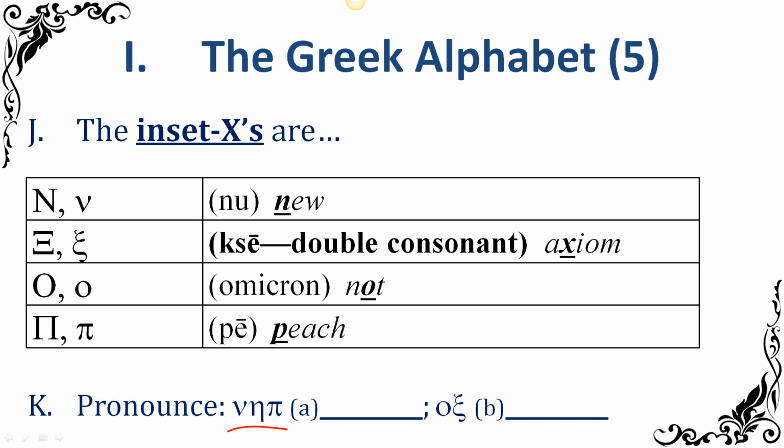Just the first sound from each one. So Nu Eta Pi. Now, Eta is a long A sound. Okay, A. So N, A, P. Nape. Like nape of the neck. Eta. Oh, I was saying Arta. I don't know what I was saying. That's okay, you're fine. Eta. So N, A, P.